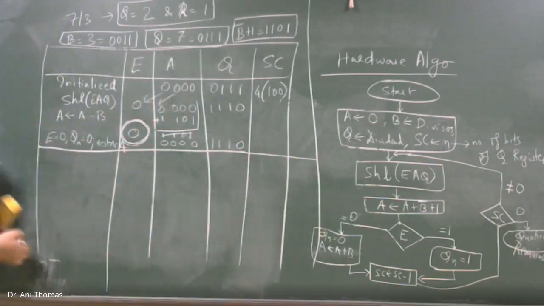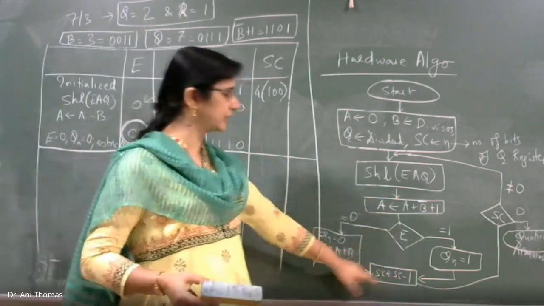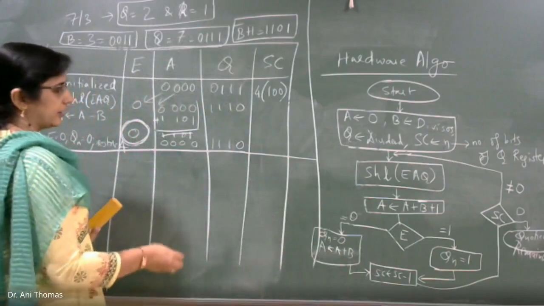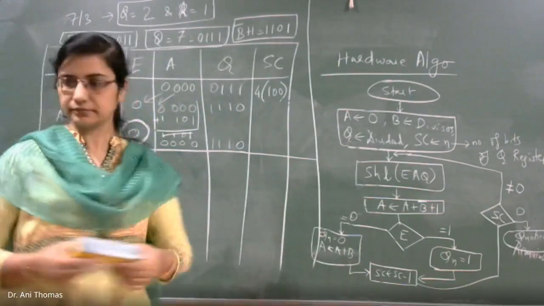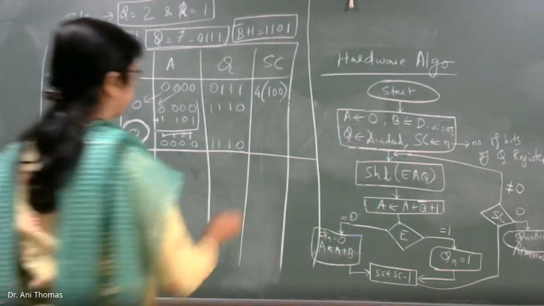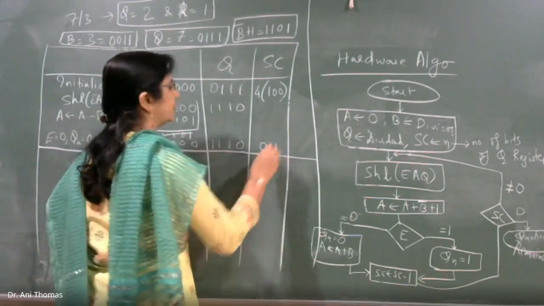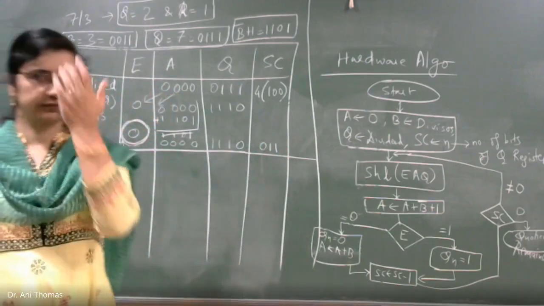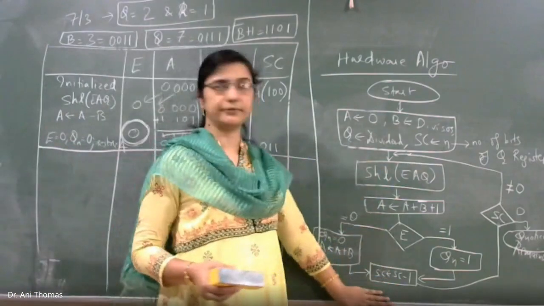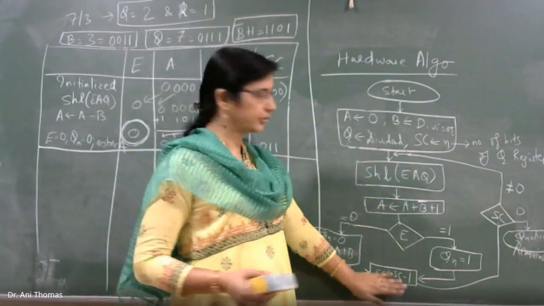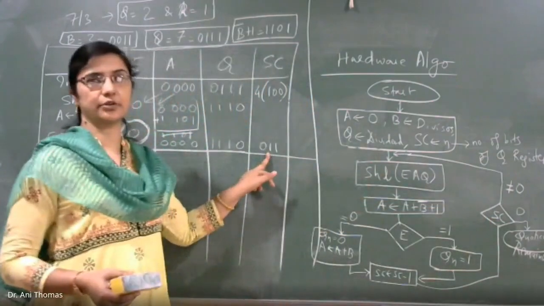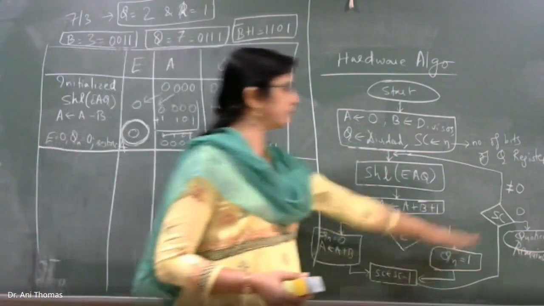We finish one step of this algorithm and we decrement the sequence counter by 1. So what it is now is 0, 1. All this process for one time is finished. Now again the same process. We check the sequence counter is not 0, then we will again go with the same process.